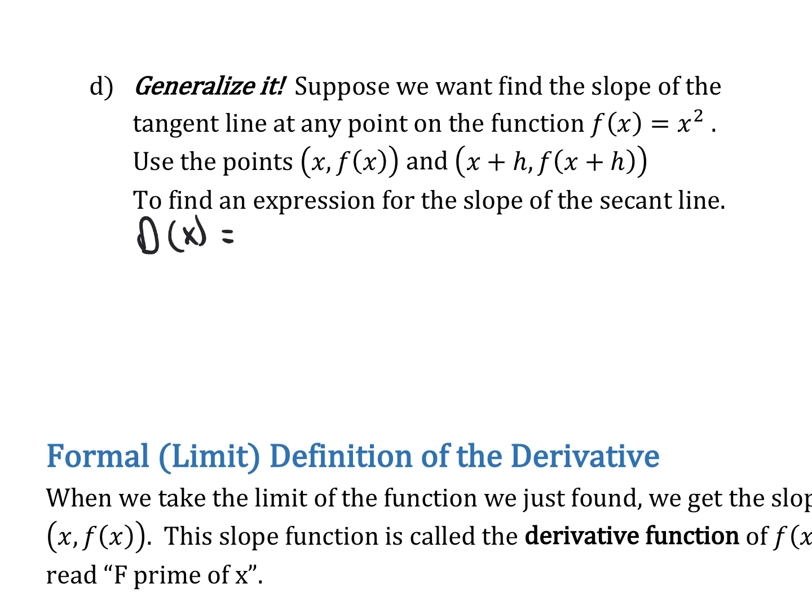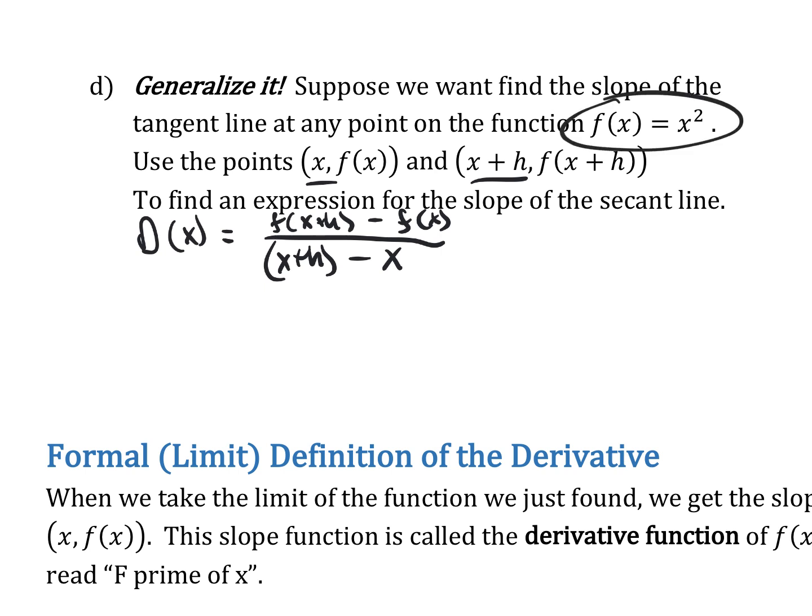And that's just the slope. This is the slope at that point x. So we have f of x plus h minus f of x. That's the difference in the y's over the difference in the x's. And that's x plus h minus x. Okay. Well, we're still using the function y equals x squared. So this is specific to that function. Okay. And we're going to want, let's keep in mind, we're going to want the limit as h goes to